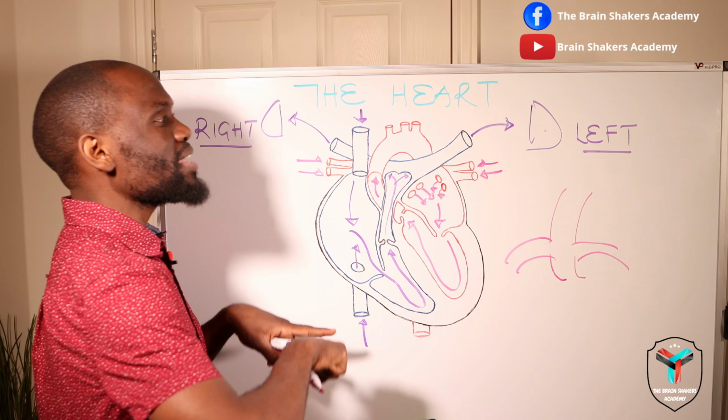So the lungs play a key role in making sure that the oxygen and carbon dioxide within the circulatory system, or within the blood that flows throughout the system, is well coordinated and well controlled. Meaning blood has to flow to the lungs for oxygenation and then be brought back to the heart,